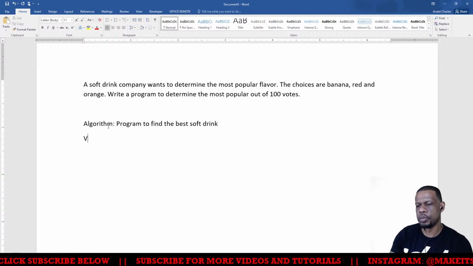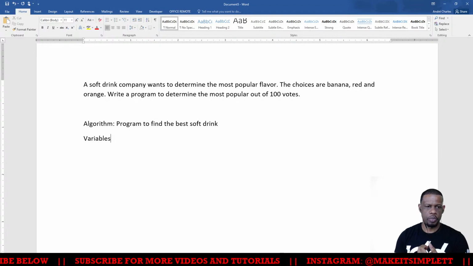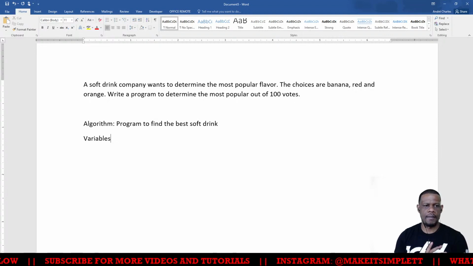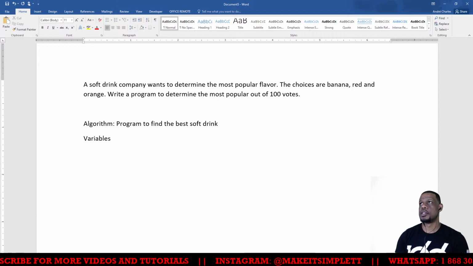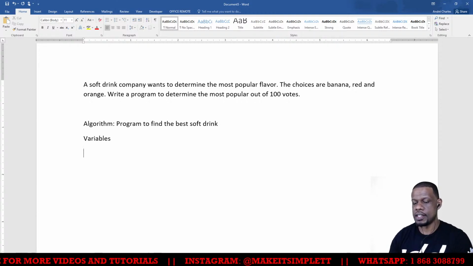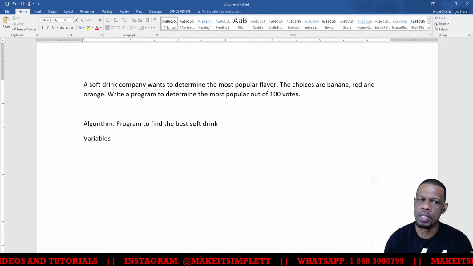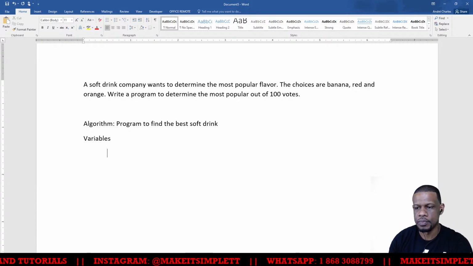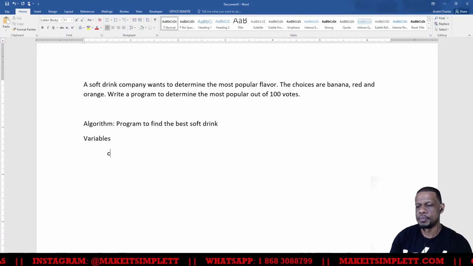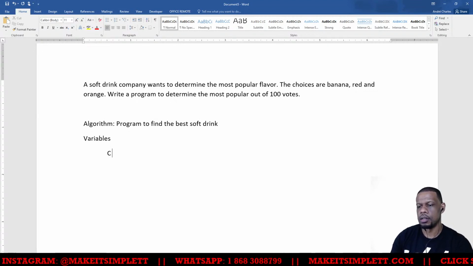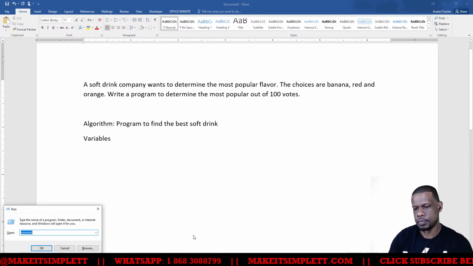Then you have to list the variables that you're going to use. You may be accustomed to writing all the variables at the start, but a lot of people can't list all the variables at one time, so I'll just put the variables for you. We need a C for counter. We need a, damn it, I shouldn't do it in here. I should do it in Notepad++.